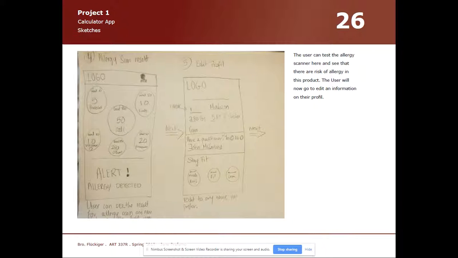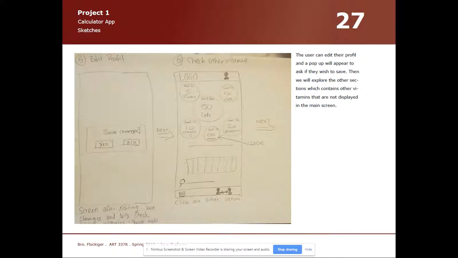These two are really important for my app to implement, which distinguishes it from a lot of other apps. Going forward, the user can edit their profile, save what they edited, and also look at